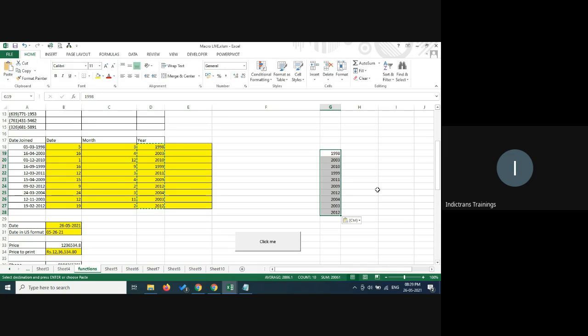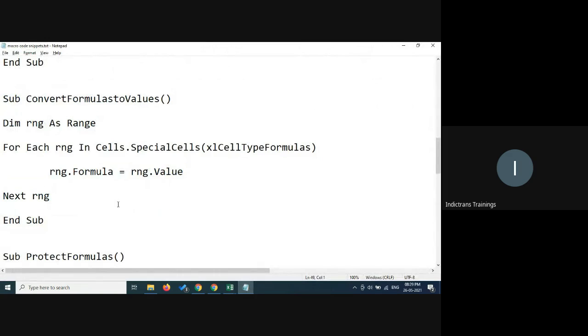So when you don't need those formulas, once you have got all the values, you want to copy as values. Many times what people do is that you just select, Control C, and then you just paste in place with Control V. So you get rid of the formulas. That is the one trick that people use. Now this is not really a very good trick. I'll just do undo.